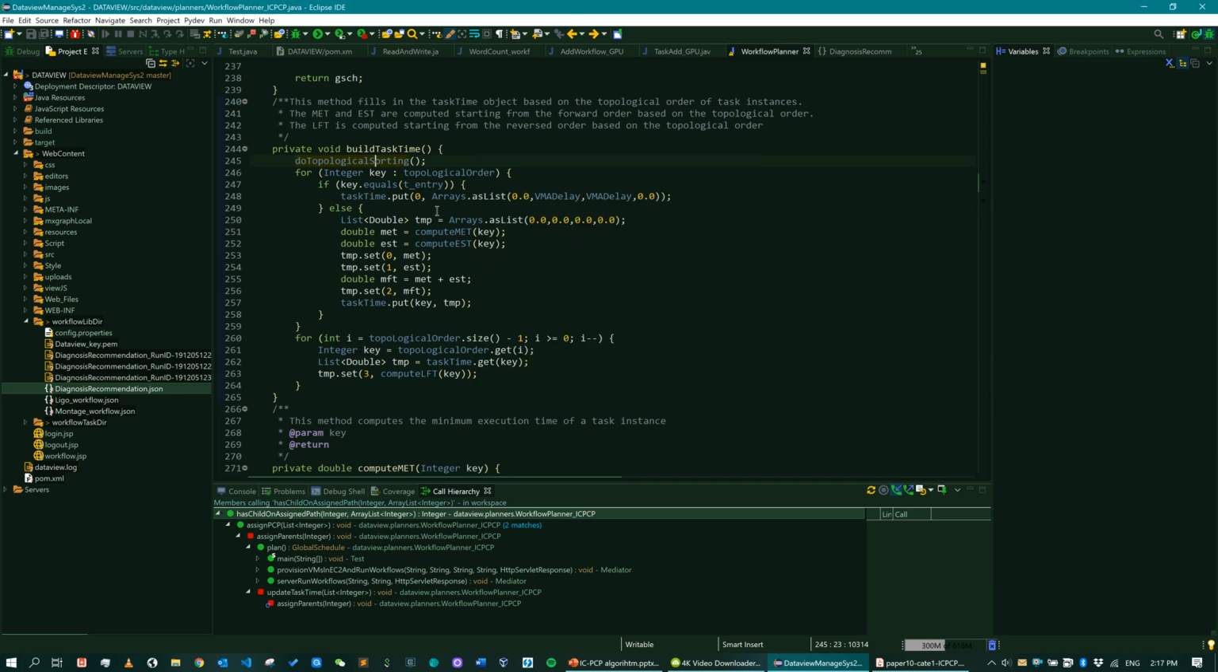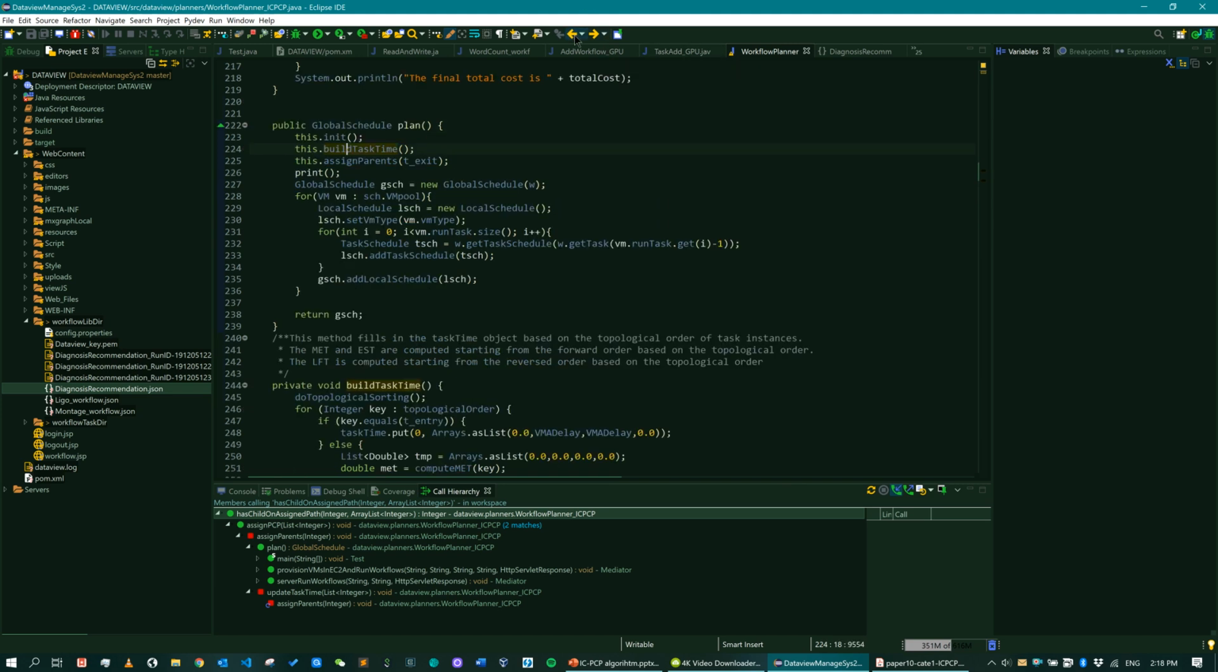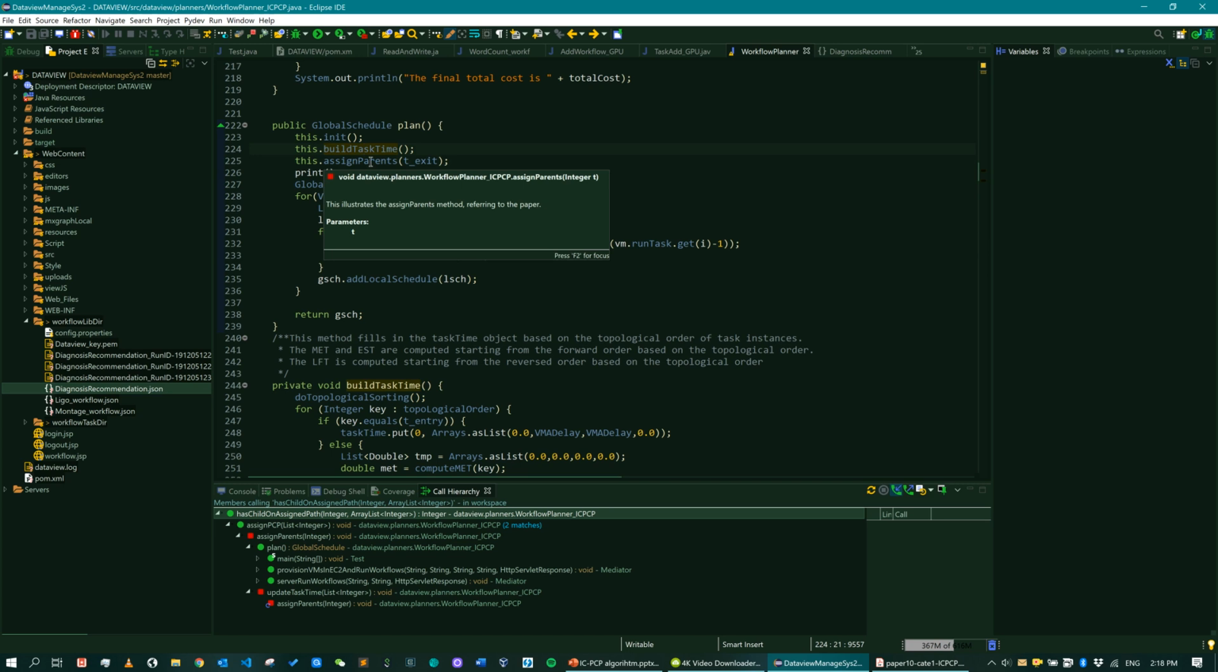Then we will loop through all the tasks in the topological order and initialize their task time, and we put the different values like the MET, EST and MFT for every task. We also loop through the topological order, and for every task we'll compute or initialize the LFT for different tasks. So this is what the workflow planner build task time method does. So let's get back here. After we build the task time for each task, including the EST, EFT, and LFT,